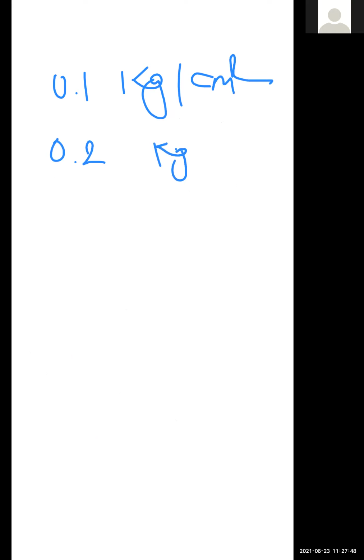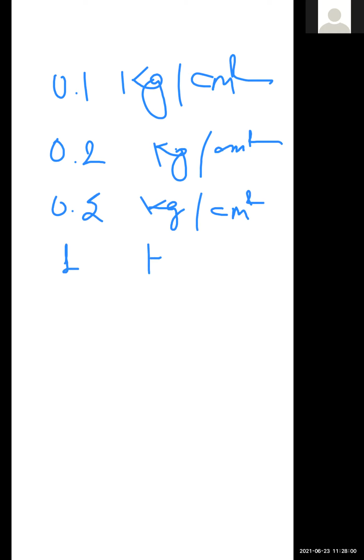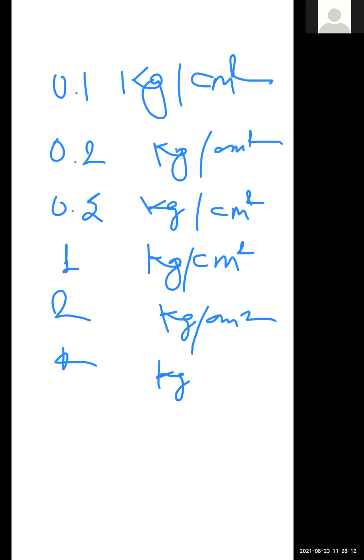The usual loads applied are 0.1 kg per centimeter square, 0.2 kg per centimeter square, 0.5 kg per centimeter square, 1 kg per centimeter square, 2 kg per centimeter square, 4 kg per centimeter square, and also 8 kg per